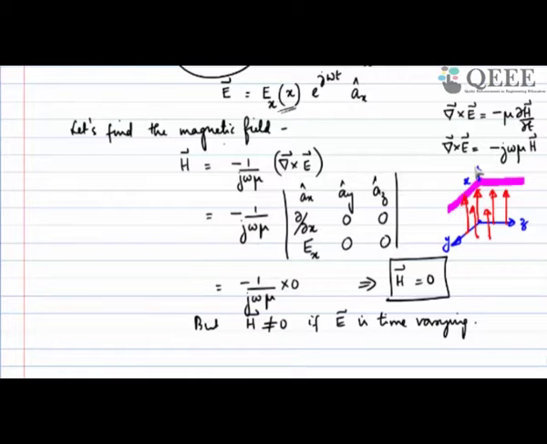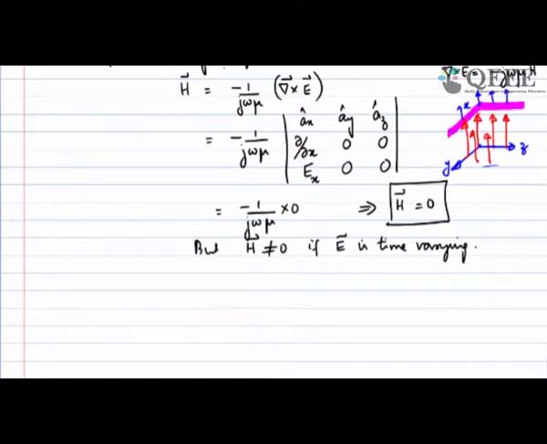So as X is changing, as the height is changing, the value of electric field could have changed, but in the same plane, along Z axis or along Y axis, it is the same. So I can't have the field changing only in its own direction. It has to have some variation along the y and z, which means the conclusion is that, if I assume like this, the magnetic field is coming out to be 0, which means that my E cannot be a constant